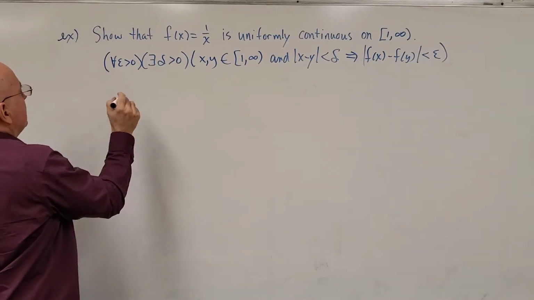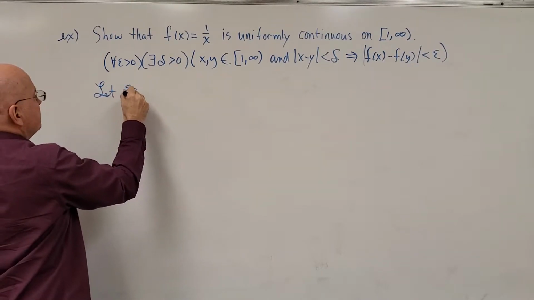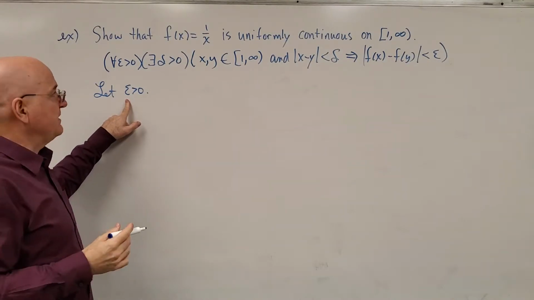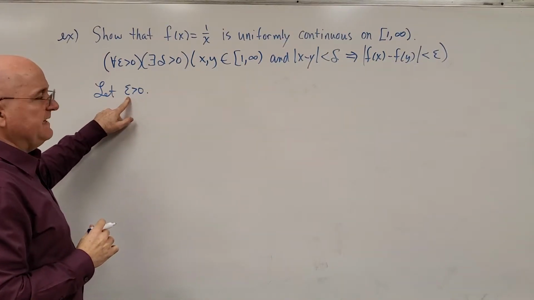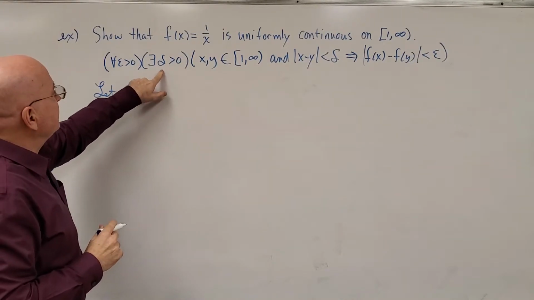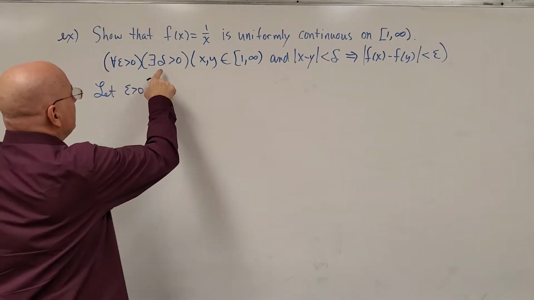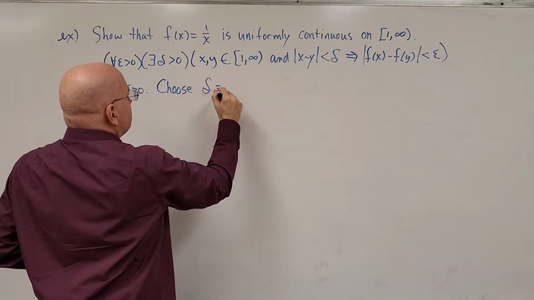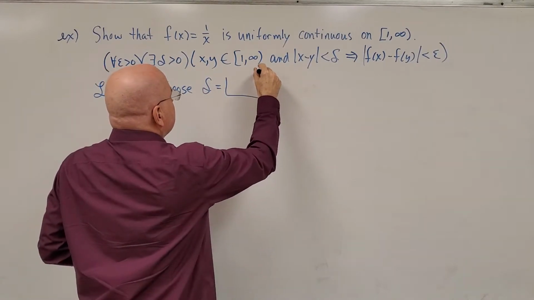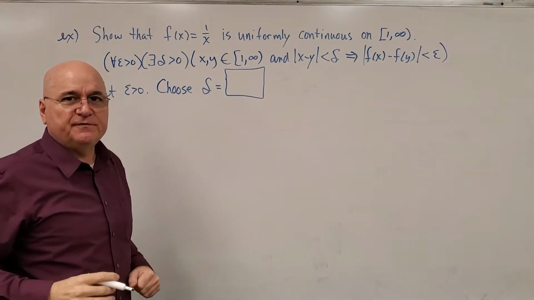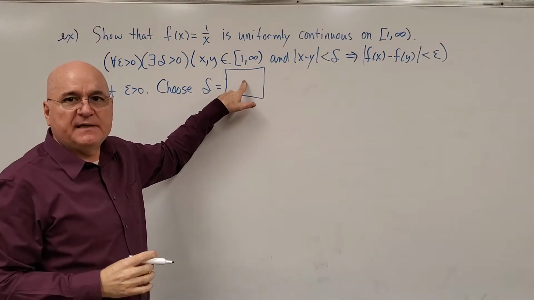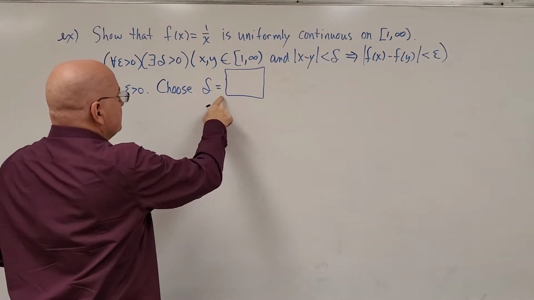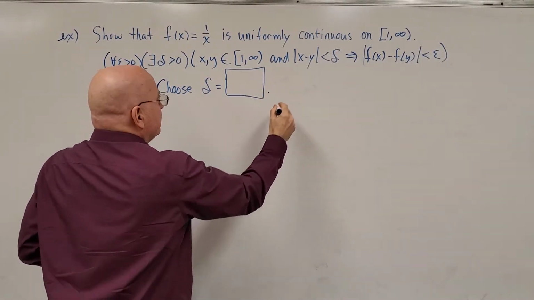So to show this, we're going to just start off by saying let epsilon greater than 0 be given. This is just an arbitrary positive number, epsilon. It can be anything we want that's positive. Now, there exists means we have to find the value of delta. And I don't know what value to choose yet. I'm going to proceed with the proof and come back and fill this in when we get near the end. Okay, so choose delta to be some value. Thus,